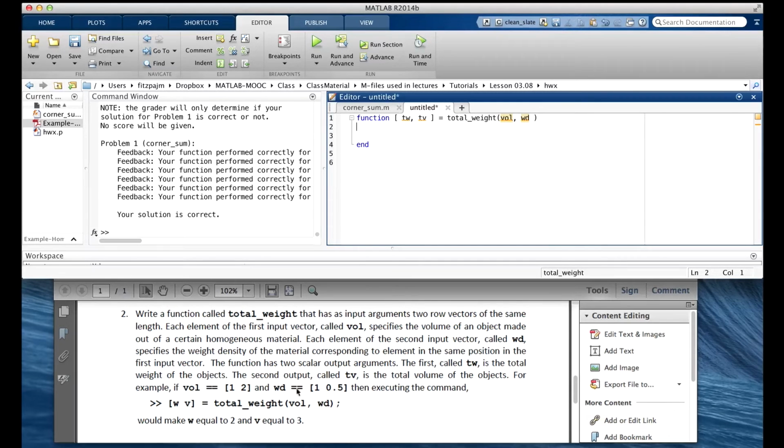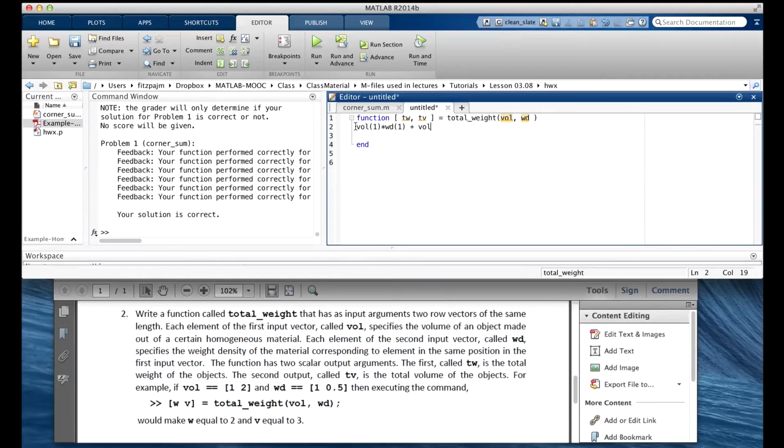Okay, so we figured out when we read this that we basically have to multiply the volume of each element with the corresponding density element to get the weight. So we have to multiply the corresponding elements and add the product together. Something like maybe this.